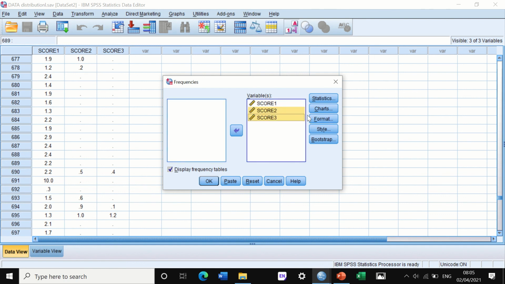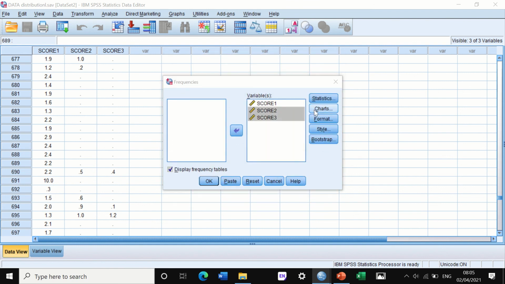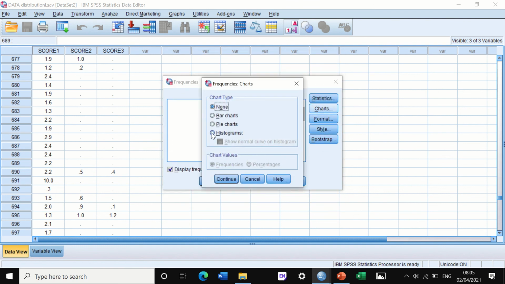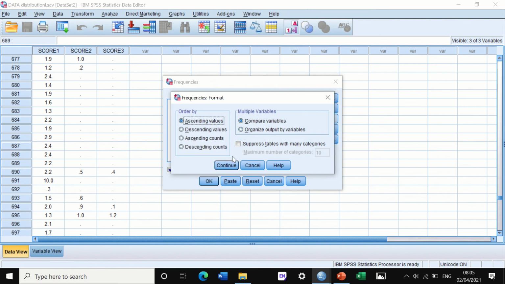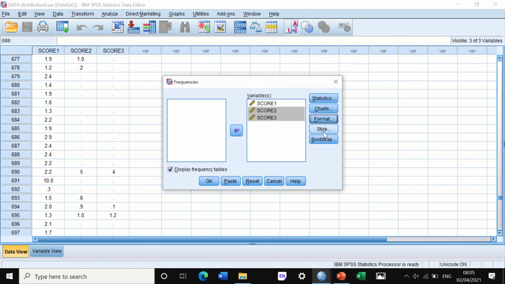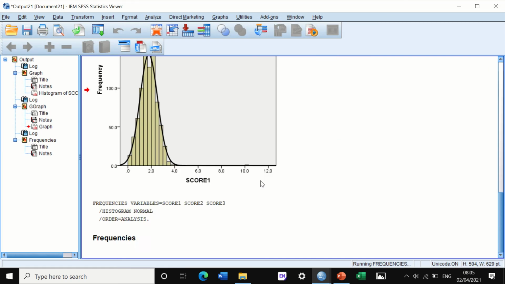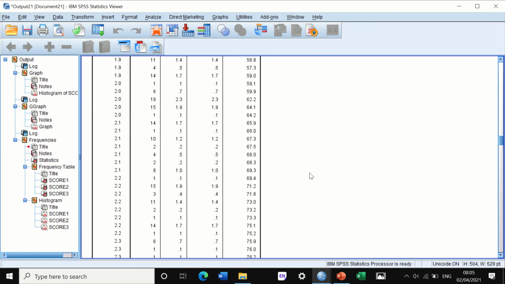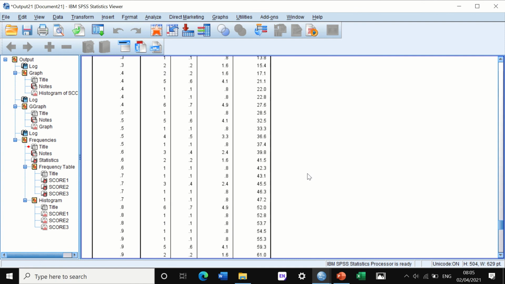If we click on Statistics, we will probably leave it as it is because we are interested more in the chart. In Charts there is an icon for Histogram. Click on it and also tick Show normal curve on histogram. The format and style we'll keep the same, and then we hit the OK button. If we scroll down, SPSS will give you descriptive tables, and